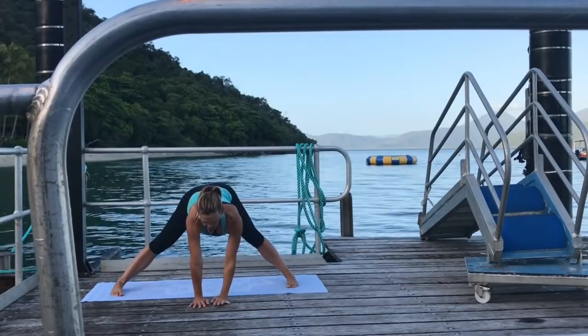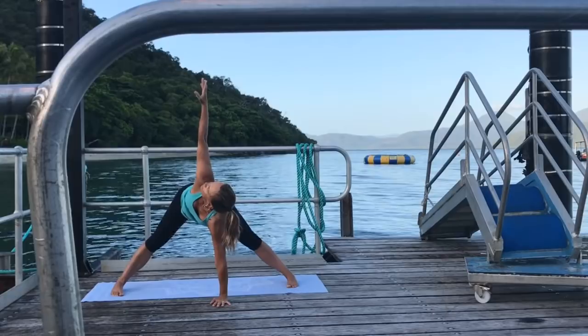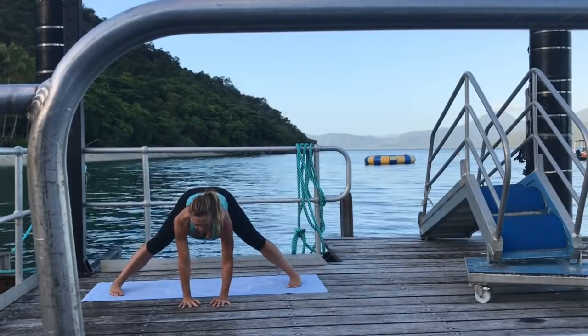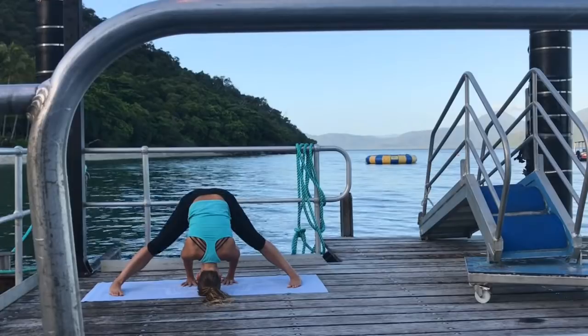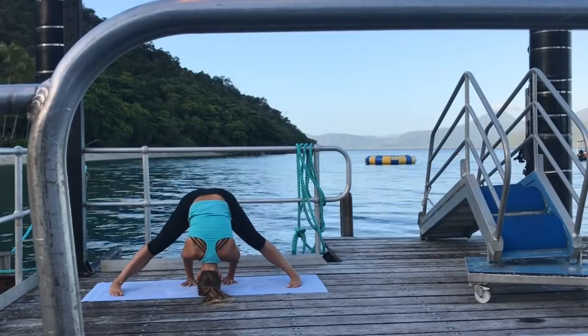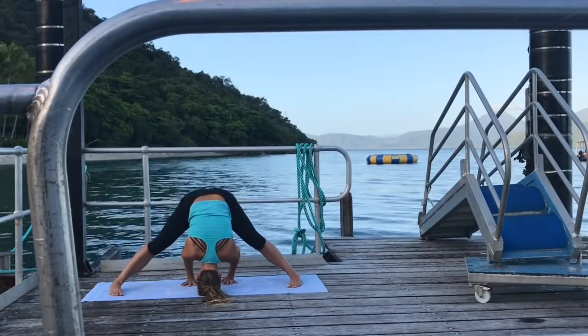Inhale. Exhale, replace the hand, and inhale over to the other side. Exhale, bring the hands back down to the mat and either stay with a long spine or walk the hands underneath the legs, extending the spine and reaching the crown of the head toward a block or toward the mat. Knees are soft, hollow belly, and lift the sitting bones up to the sky as we feel the effects of